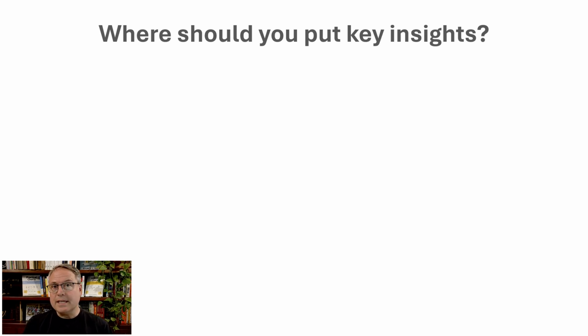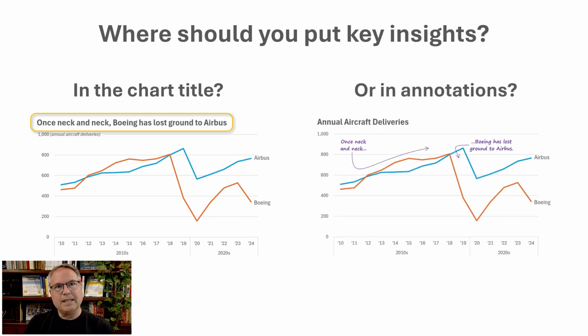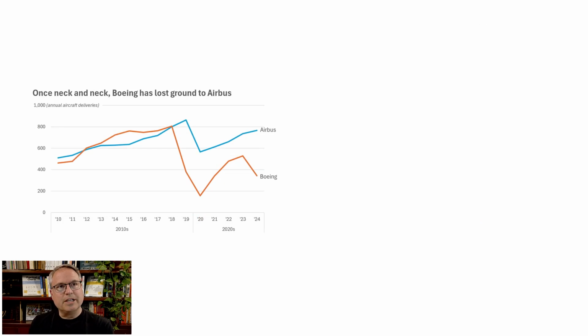I want to talk about two options for where we should put key insights in our charts. Really, there's the one that you've probably seen much more often, which is essentially having the key insight as the title of the chart. This is something that I've done a lot in my past work. But another possibility is to instead put key insights as annotations in the chart and have a more generic chart title. And so I want to go through the pros and cons of each,